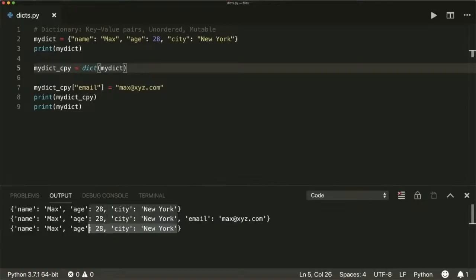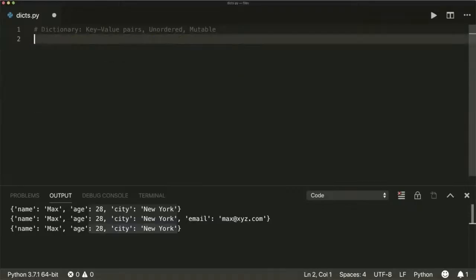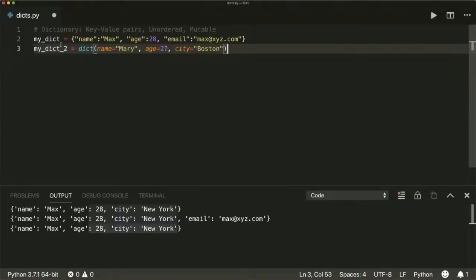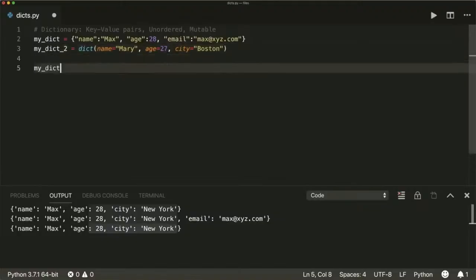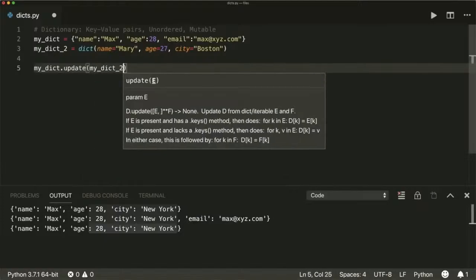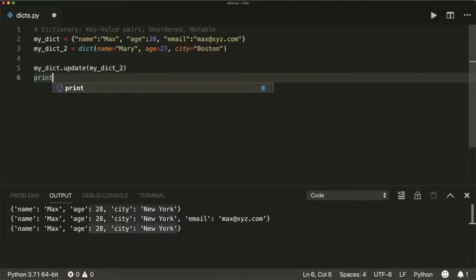Now there's a useful method to merge two dictionaries that is called the update method. Let's create two dictionaries, and the first dictionary has a name, an age and an email, and the second dictionary also has a name and an age but no email, but then it has a city. And if we want to merge these, we can do it like this, say myDict.update and then with the second dictionary. And now if we print this,